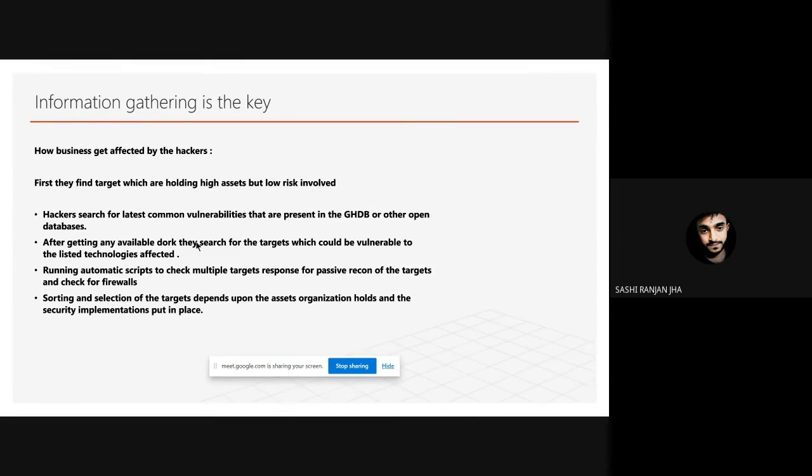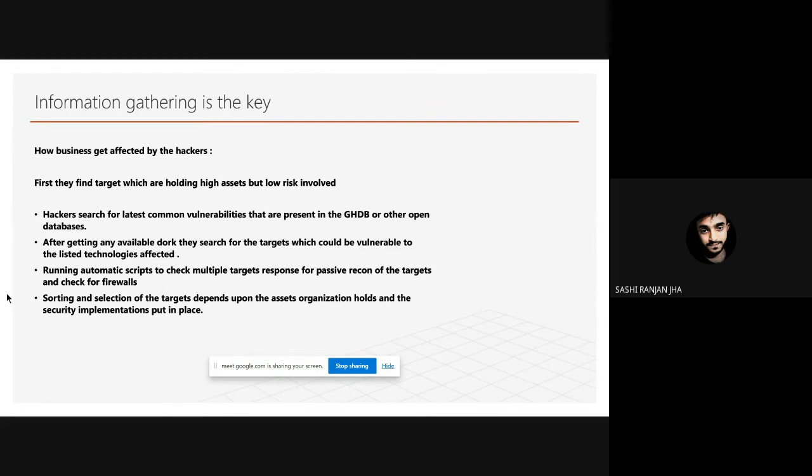And then, after getting the available dorks, they use some kind of Google Dorks, by typing which on Google you will get the targets that are affected with those technologies that are vulnerable to the services.